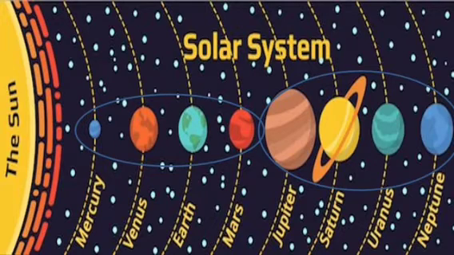The first 4 planets, that is Mercury, Venus, Earth and Mars, are considered as inner planets, and the other 4 planets, that is Jupiter, Saturn, Uranus and Neptune, are called outer planets. Now when we come to the surface of the planets, first 4 inner planets are rocky planets because the surface of the inner planets are made up of rocks, but the outer planets are made up of gases. So these outer planets are known as gaseous planets.